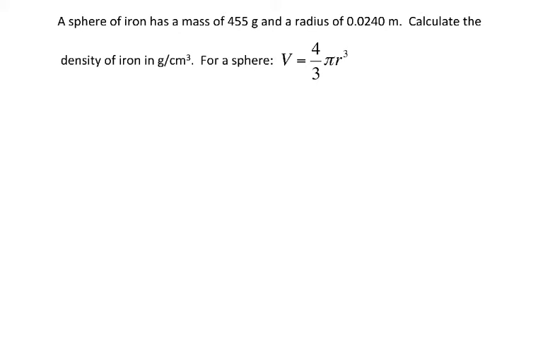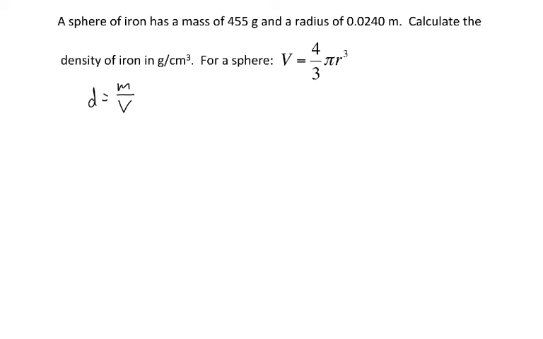All right, this is another density example. In this case, we're told that a sphere of iron has a mass of 455 grams and a radius of 0.024 meters. And we're asked to calculate the density of iron in grams per centimeters cubed. So we use the same equation we did in the last example. That is that density